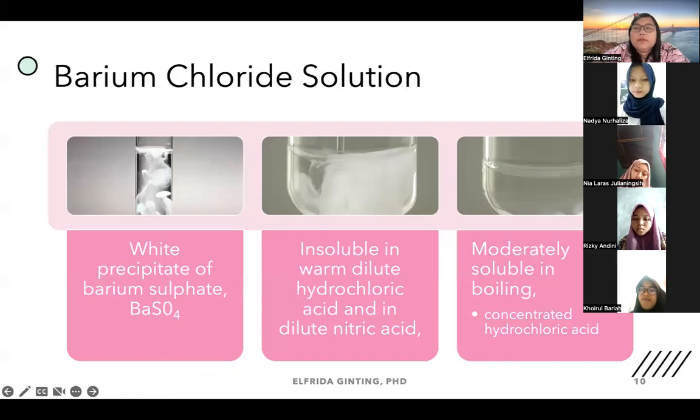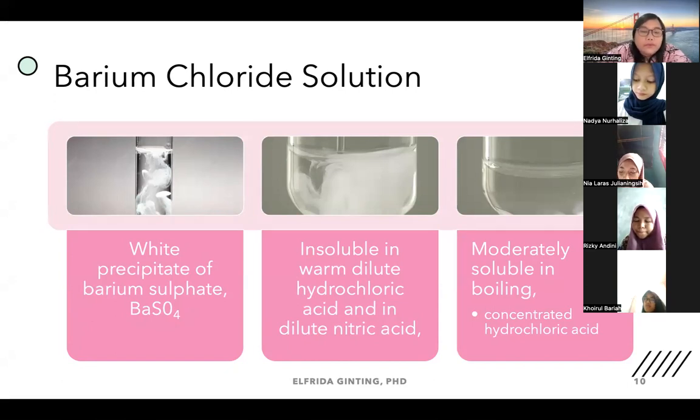Okay, now, so the first one is barium chloride solution. Okay, so if you mix barium chloride solution with a hydrogen sulfate, it will form a white precipitate. Yeah, the white precipitate will be identified as barium sulfate. Okay, now this barium sulfate, yeah, it's insoluble, so pay attention, insoluble in warm dilute hydrochloric acid and dilute nitric acid. So it means it won't be soluble, but